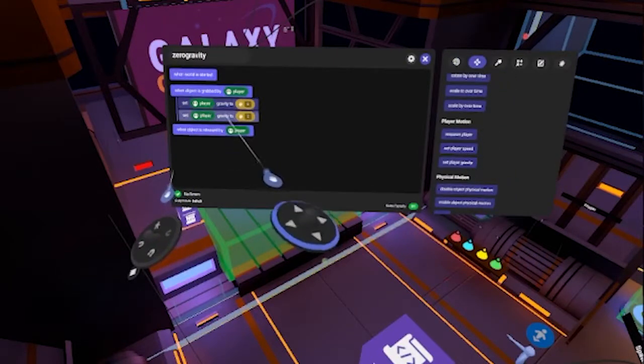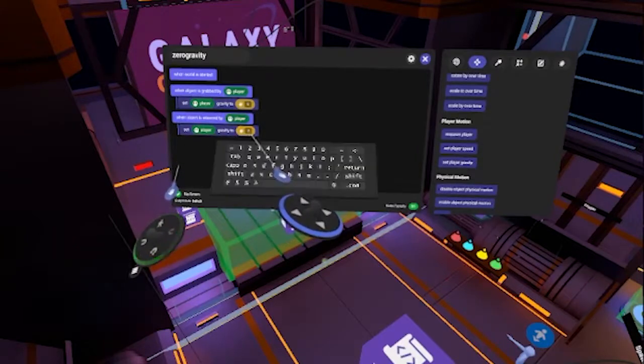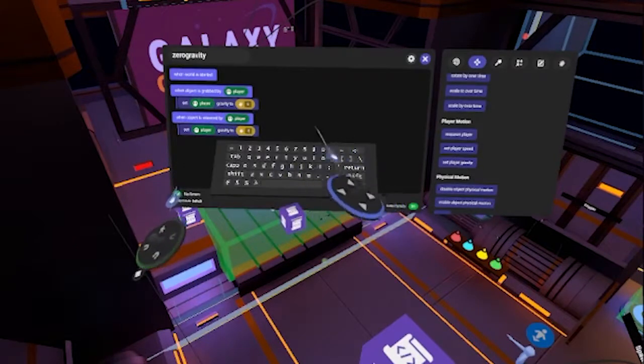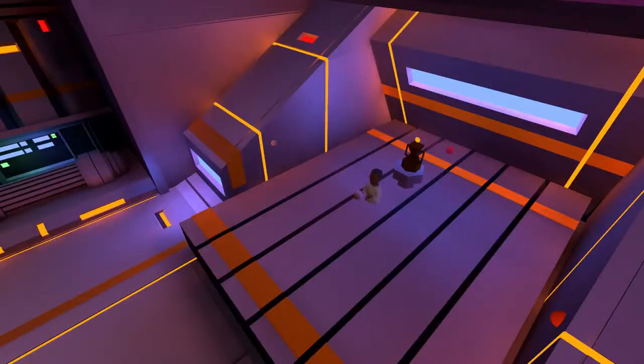Then we can duplicate the second code block that's nested and say, set gravity to the original value, which is 9.8. If the player grabs the object and releases it as they normally would in Horizon, then they jump at a gravity setting that's 9.8. We can do things that are similar by attaching players to objects or with triggers.